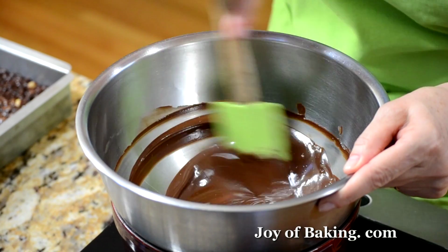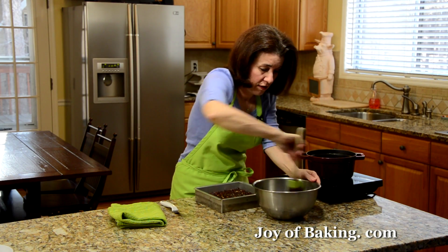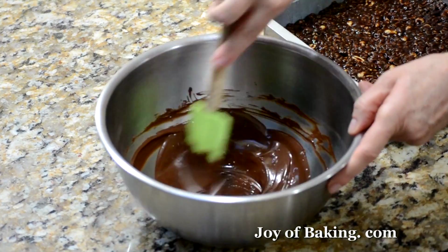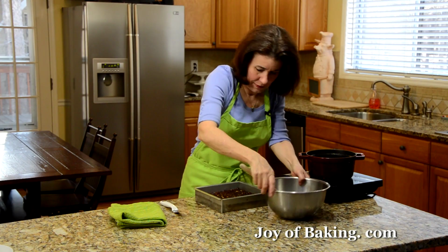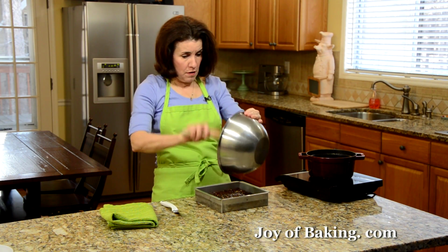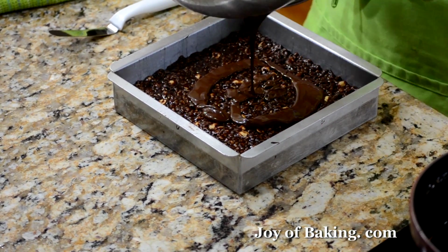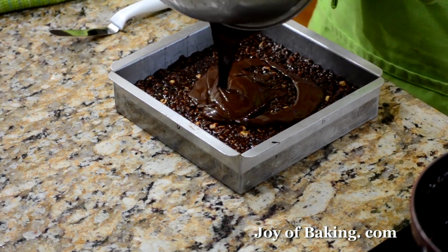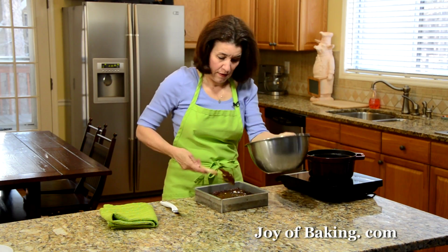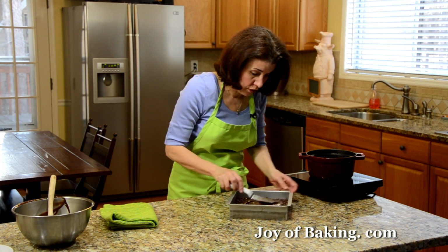Okay, that looks good. Let's take it off the heat. Good stir, make sure it's all melted. And then we're just going to pour it over the top of our squares. Okay. And then you can just take the back of a spoon, or I'm just using an offset spatula to